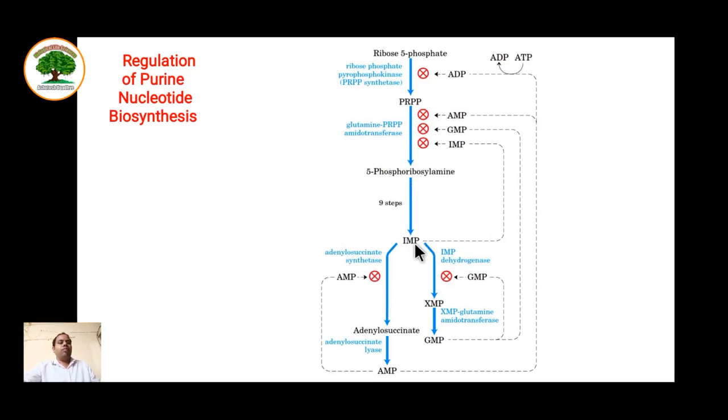Now after the IMP formation, there are 2 regulatory steps at this site, that is adenylosuccinate synthetase and IMP dehydrogenase. These both enzymes are inhibited by the products, that is AMP and GMP themselves. So whenever the product inhibits its own enzyme, this is called feedback inhibition. If the product is not present in ample amount, the pathway is favored, and if the product is present in ample amount in the cell, the pathway is feedback inhibited and need not be carried out. This is how the cell saves energy, and purine synthesis is regulated in this manner.